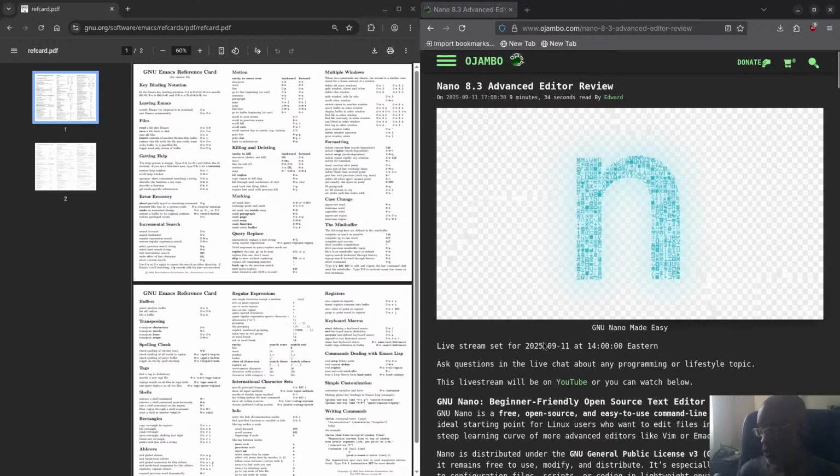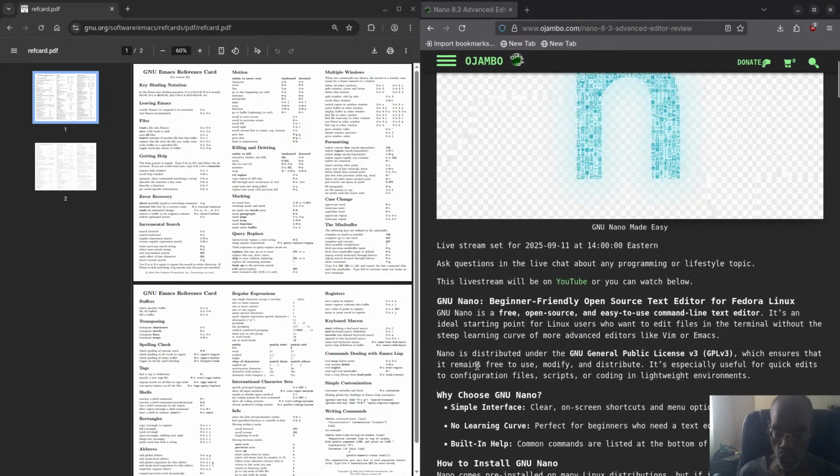Alright, so Nano, or GNU Nano, it's a beginner-friendly open source text editor. I know you can get it running on POSIX systems, that's like macOS, Linux, BSDs. I think now with Windows Subsystem for Linux, you can probably also install it there and get it up and running. It's obviously free and open source, so you can compile it and run it on multiple systems. It's an ideal